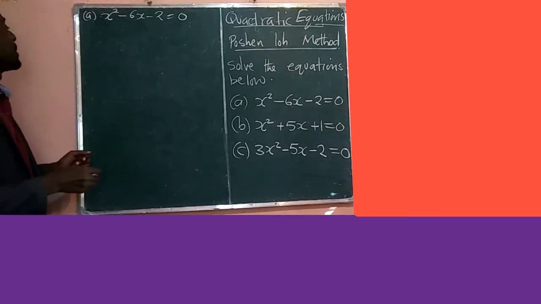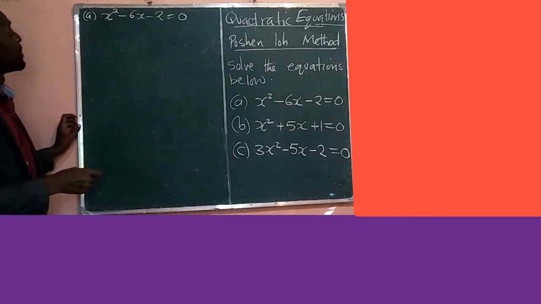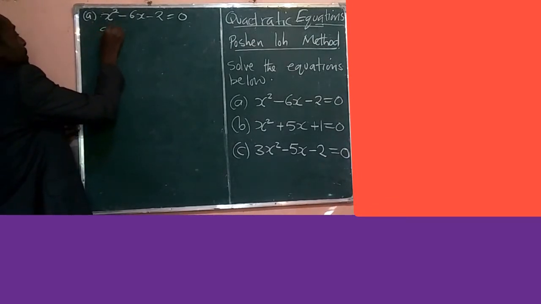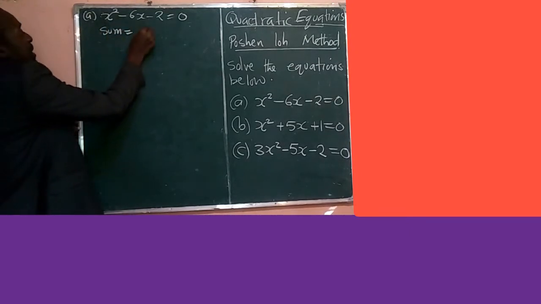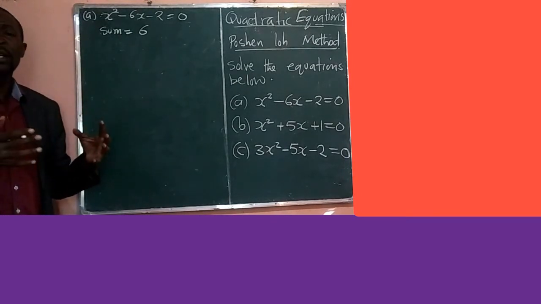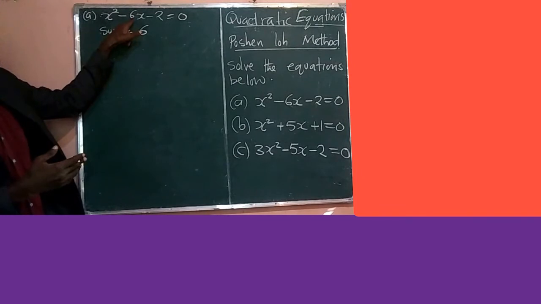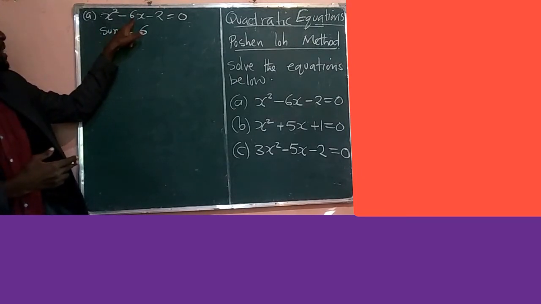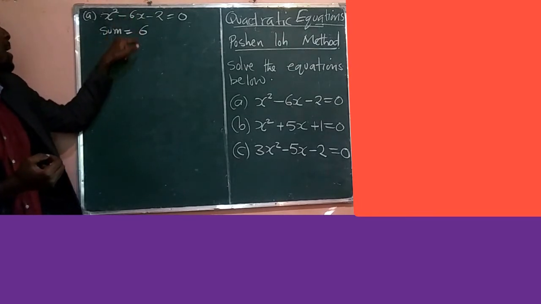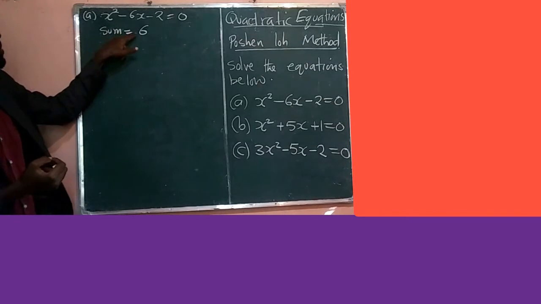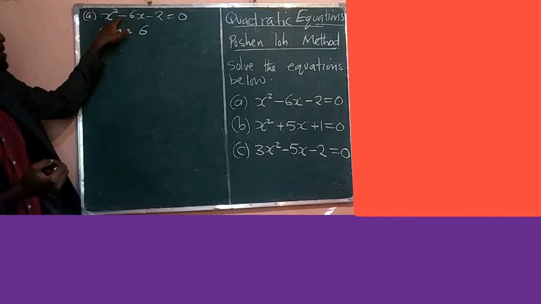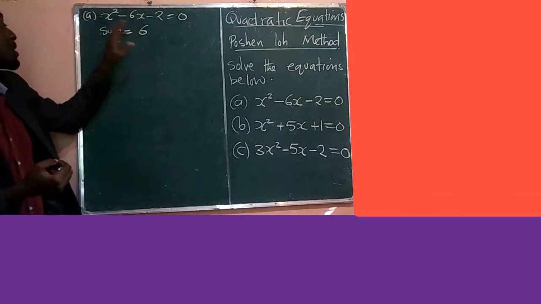So here is what we do. The first thing that we do is to find the sum. So the sum is equal to 6. One thing you have to notice here is that when we are factorizing quadratic equations, the sum that we get is the coefficient of x, and there we always get it with the negative sign. But here, when you write the sum, make sure that you change the sign. If it's a positive, you put a negative. If it's a negative, you write it as a positive. And so this is what I have done.